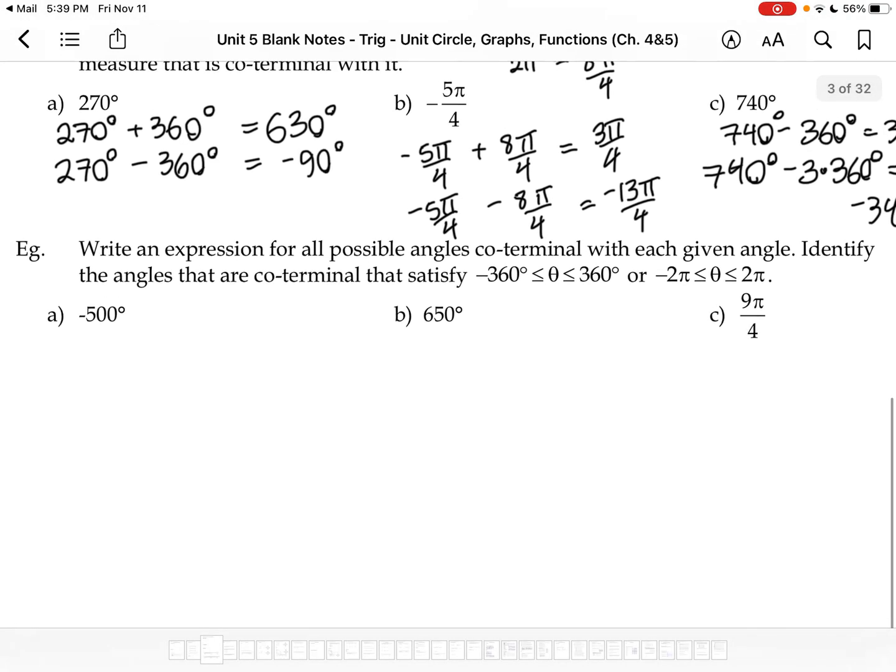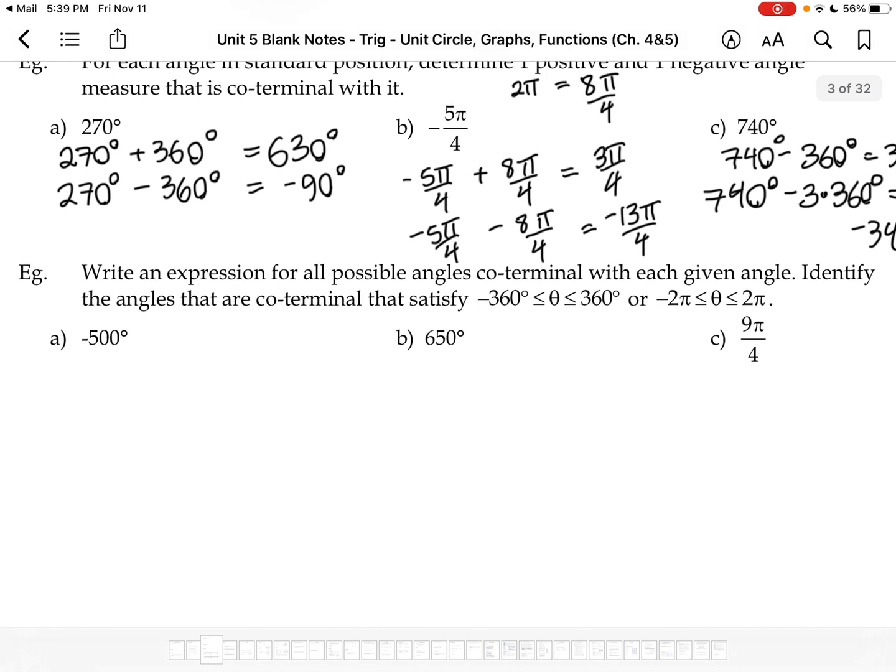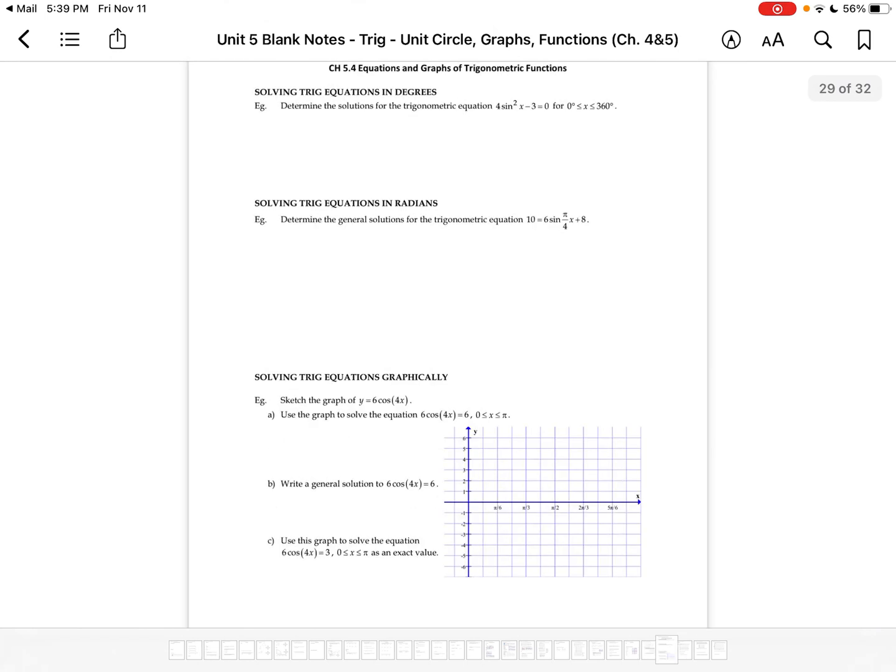Another type of question that you could get: write an expression for all possible angles coterminal with each given angle, and identify the angles that are coterminal and satisfy negative 360 is less than theta is less than or equal to 360, or negative 2 pi is less than or equal to theta less than or equal to 2 pi. So we want to do 2 things here. We want to write the general form, because that's all possible coterminal angles. And we also want to find all of the angles that are between